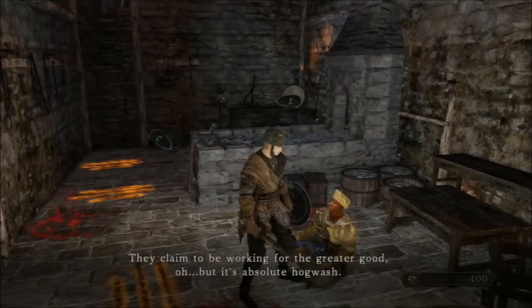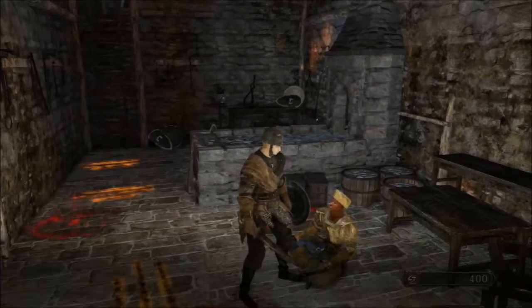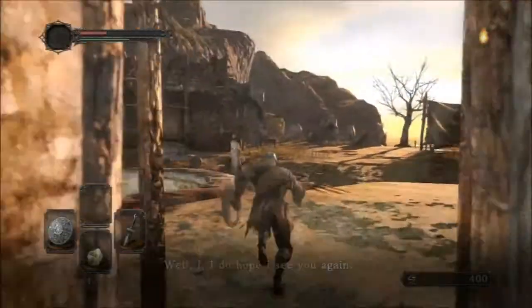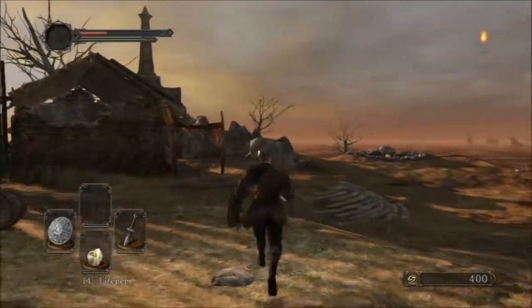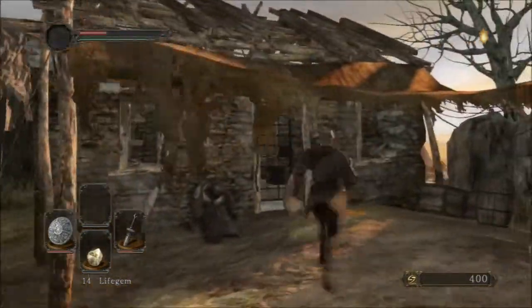See, that there is what I find the most interesting. The Blue Sentinels claim to be out there for protecting people, for the greater good, but it sounds like they're just gangsters out there offering a protection racket. I find that fascinating. We'll see if there's more on that later in the game, but...